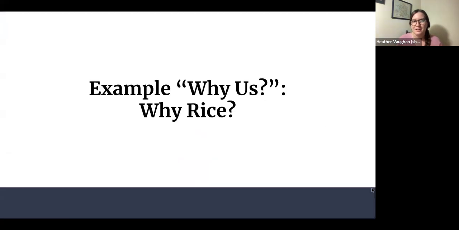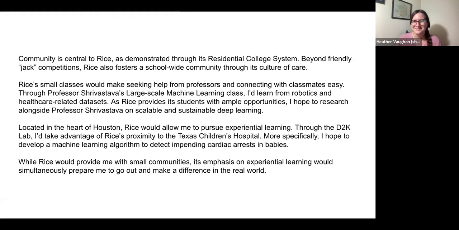Moving on, we're going to take a look at an example and I'll throw it over to Kate. Okay, so here is one sample essay to help give you a sense of how you might approach a supplemental essay. I'm just going to read through this and then we'll talk a little bit about what's working, what could possibly be improved, etc. So this student is applying to Rice and they write,